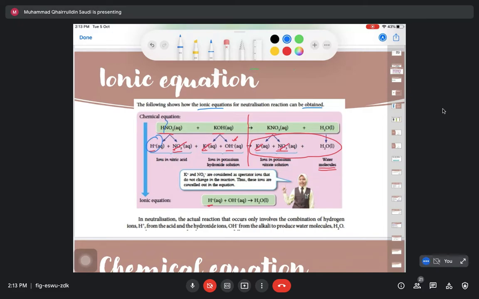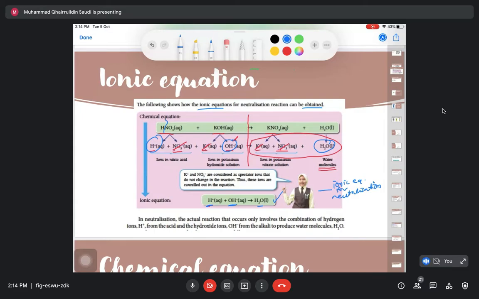Hydrogen ion plus hydroxide ion will produce water. So this is the ionic equation for neutralization. Always this one, sama je. Even though you change the acid and alkali, the ionic equation for neutralization will always be the same. It will always be hydrogen ion plus hydroxide ion equal to water, because neutralization is always the reaction between hydrogen ions